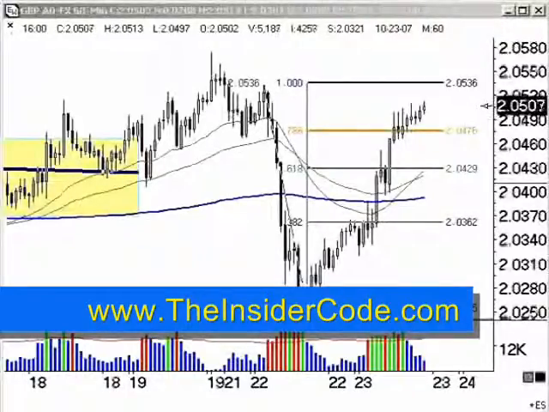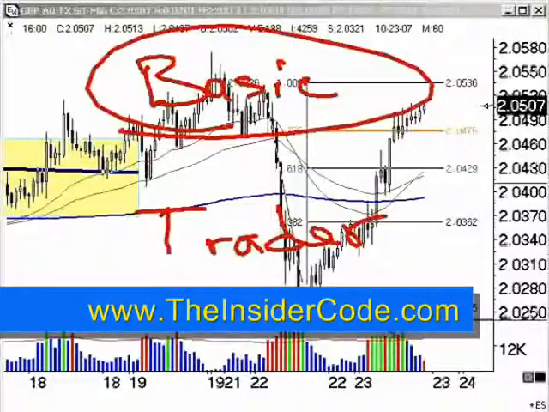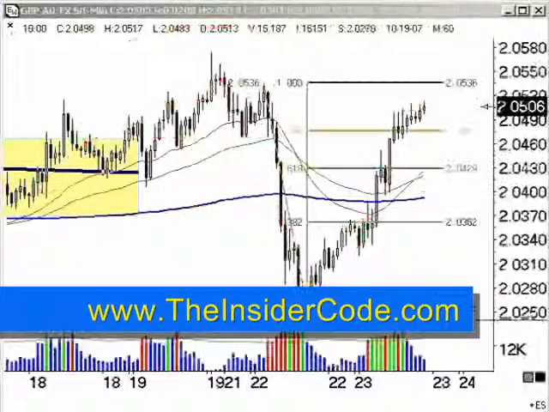Basically, I break brokers down into 2 categories. You have basic, and then you have trader. The basic brokers are good to get started on. They'll let you trade micro lots. They have a dealing desk, but they have an emphasis on beginning traders. This is where it's really best to start. Then there are trader firms. These are firms that are not going to hold your hand. They don't even want to really talk to you a whole lot. They just want to facilitate the trades. This would be the MB Trading or EFX Trading or Dukascopy of the world. Basically, companies that deal with a very small spread, low-cost trading.